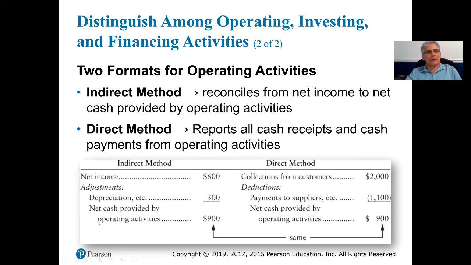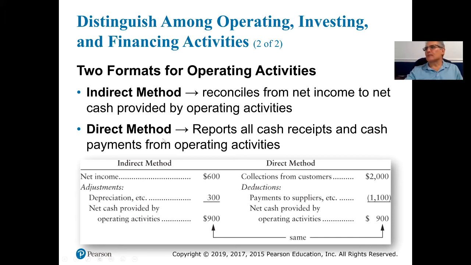In the end, though, the bottom line net cash provided by operating activities will be the same. And by the way, these indirect methods and the direct method only differ in the context of operating activities. When you're looking at the other 2 activities, which involve investing activities and financing activities, those sections are computed